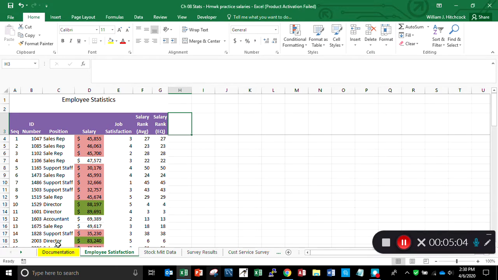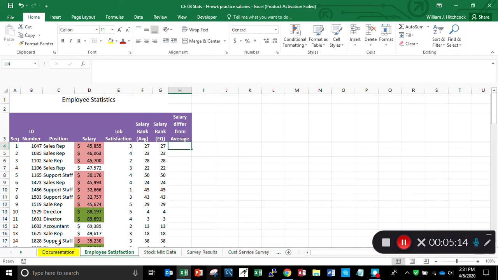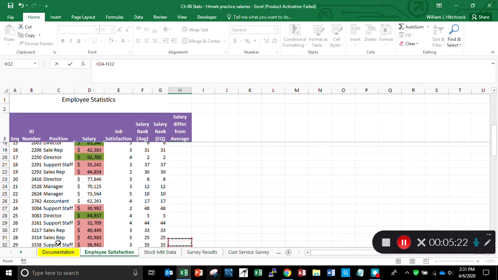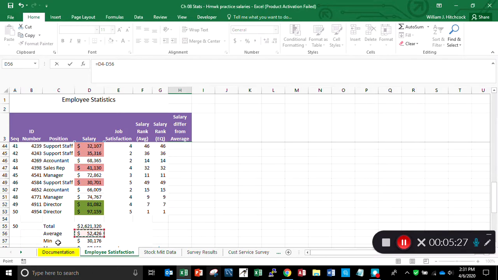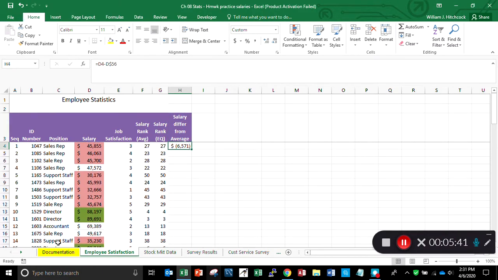So what I want to do is find out how much does the salary differ from the average. So I'm going to take my first salary and subtract off, going all the way down to the end here. Shift, down, that'll get me down there faster. I want to subtract off the average. However, I want to do this for every single cell. So I'm going to hit function F4. So I always use row number 56, the average, and it gives me a negative